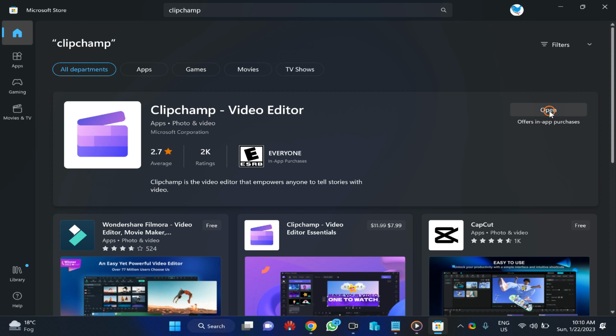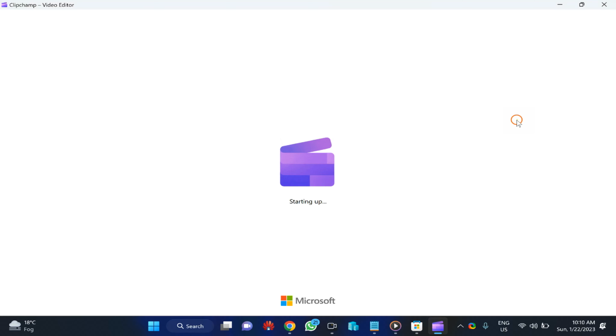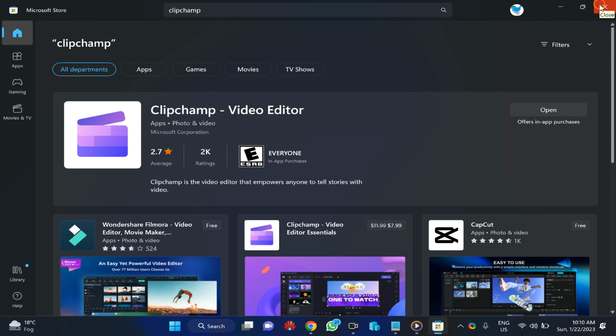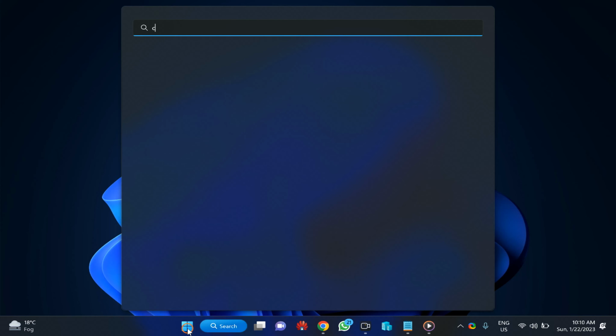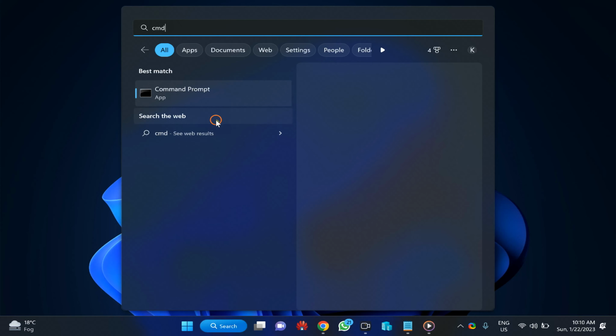If it does not solve the issue of your Clipchamp app, you can run a command on your PC. For that, click on the start button and type cmd.